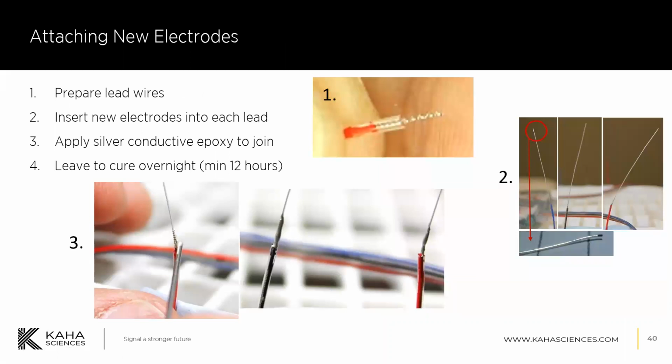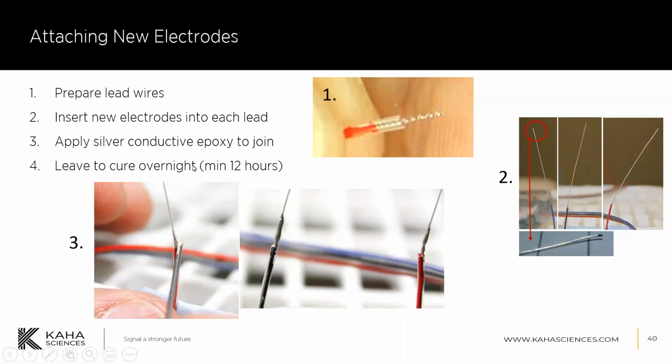So the process of attaching new electrodes to the electrode wires is relatively simple, but it does take some time, and you'll see why in just a minute. The first step is to prepare the electrode leads, stretch the coiled electrode wire out, and remove the colored silicon that fills the electrode tubing. Then you can insert a new electrode into the middle of that coiled electrode wire. We use a silver conductive epoxy to make that join, and that does two things. It holds the wire in place once it cures, but it also acts as